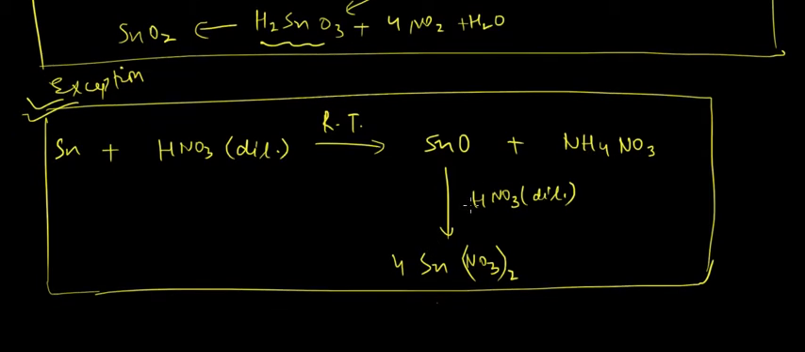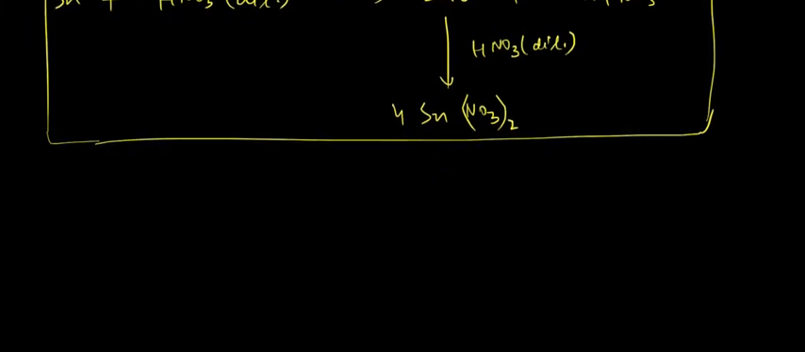Okay, so SnO and SnO2 both are amphoteric oxides. However, their reactivity towards acids and bases are different, and hence SnO, being more basic, forms Sn(NO3)2 salt, and SnO2 doesn't. Okay, so we can write here that